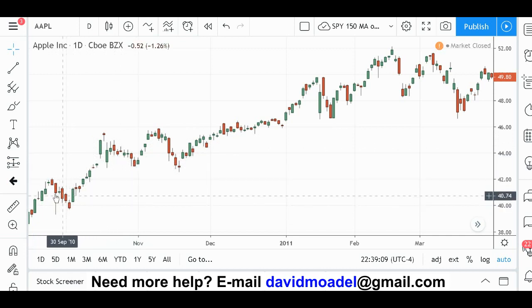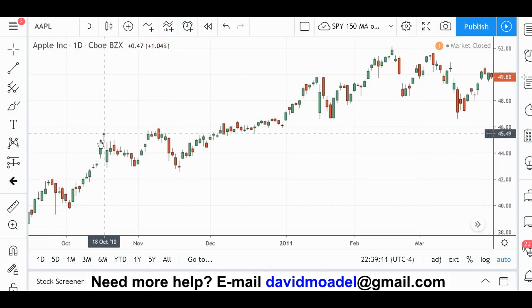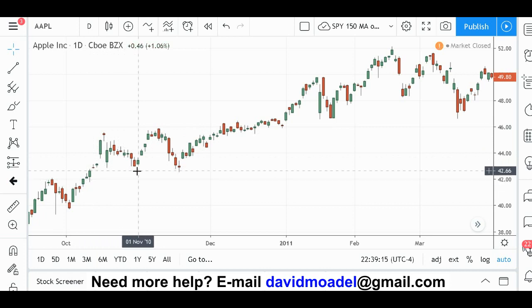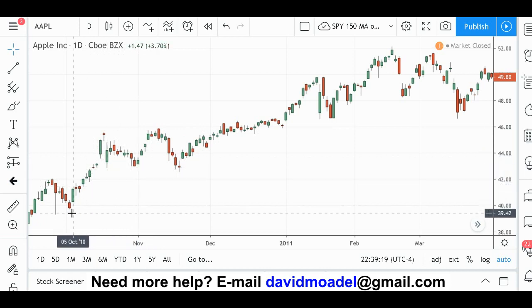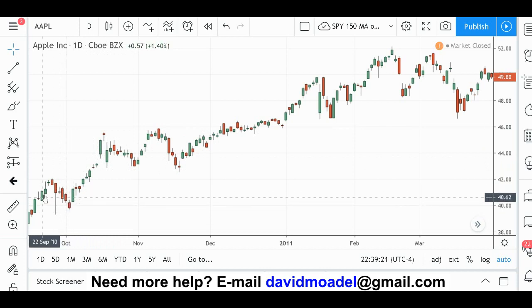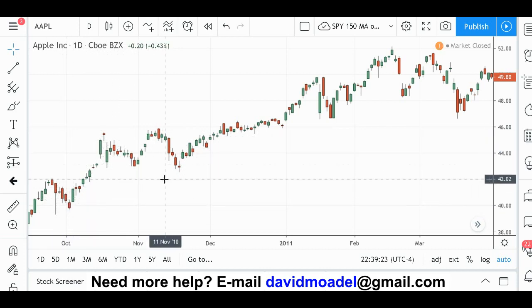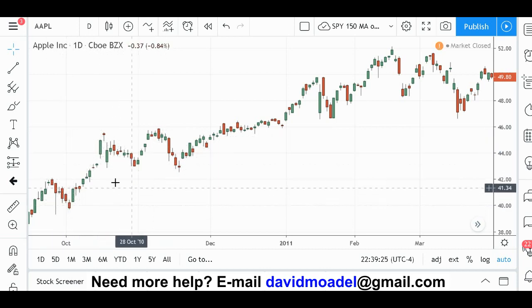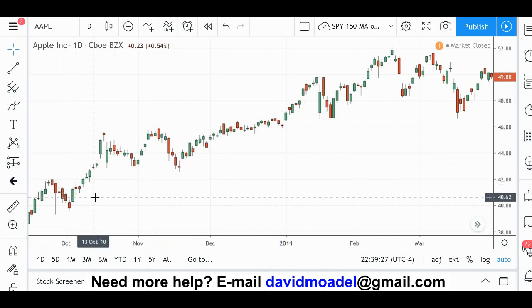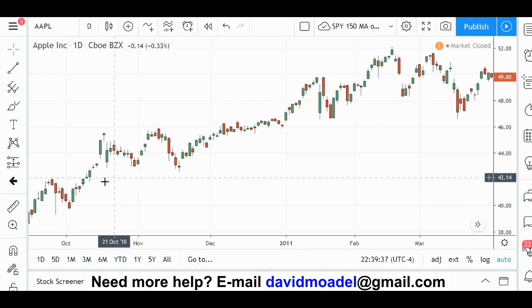So here we have an example of a higher high. This high is higher than this one, it's above it, and a higher low. This low point is higher than the previous low point. Make sense? So higher highs, higher lows. That's a good sign. Generally speaking, that's an uptrend. That's a healthy sign for the stock. It's no guarantee. None of these ideas work 100% of the time. We're just working with probabilities and possibilities here, nothing definite.